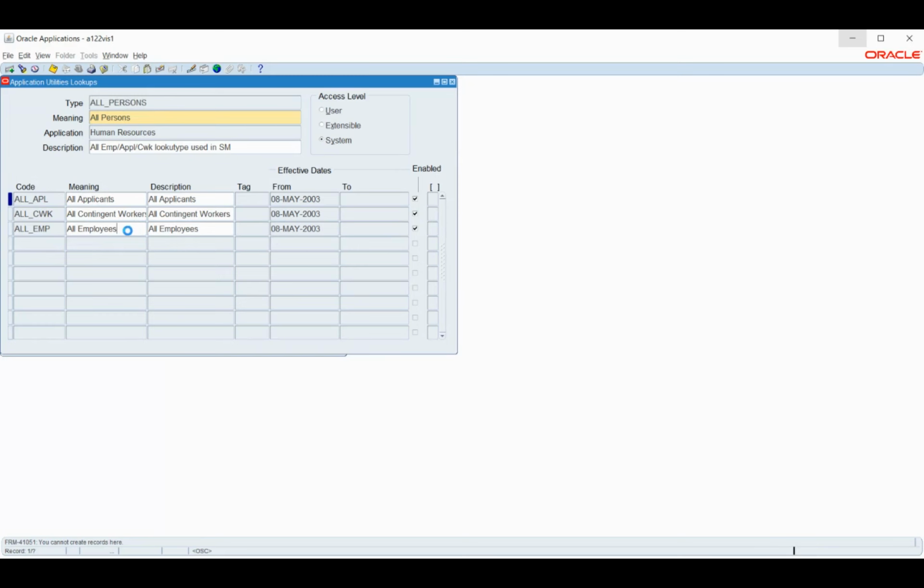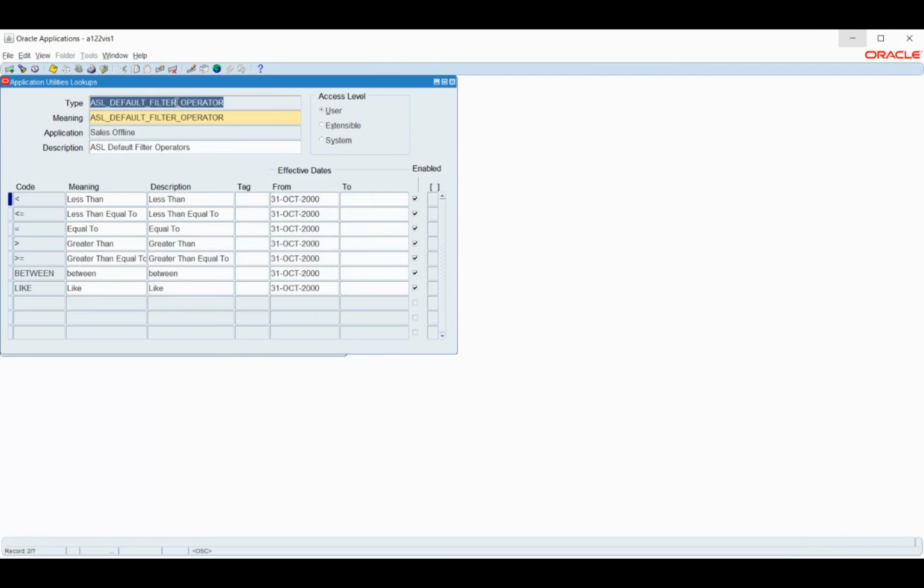I think they have restricted. Okay, there are a few things that are restricted.